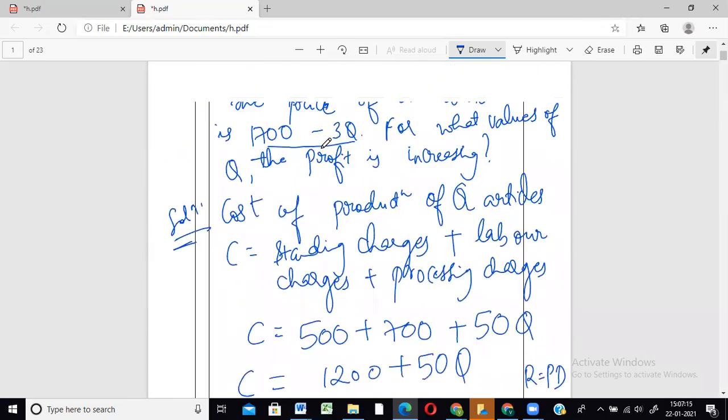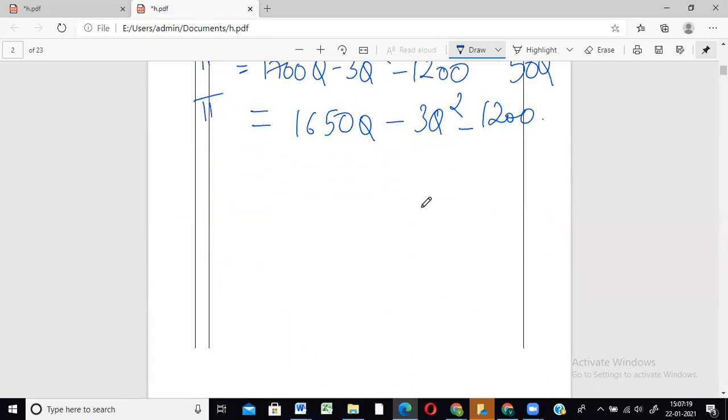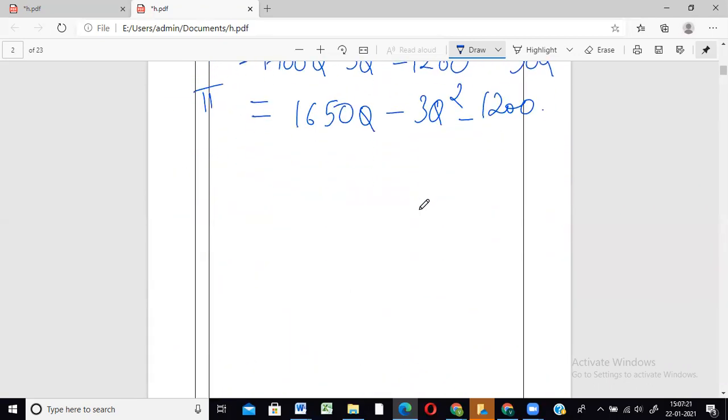Now this profit function, what you want to do now is find out values of Q for which profit is increasing. Increasing means that, I think we did it last to last time. Yes, last to last time's video. How do you do that when they tell you that the function is increasing? What are the steps involved? So for an increasing function, the derivative is greater than 0, correct? Derivative of the function is greater than 0.